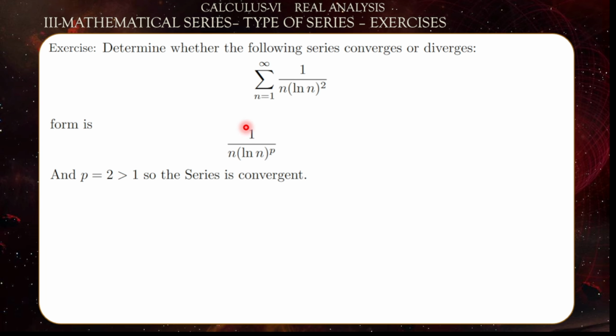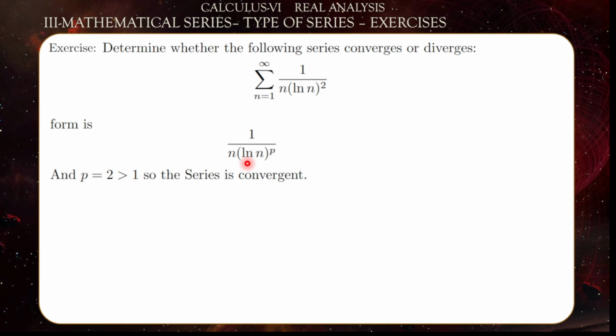The form here is 1 divided by n times ln to the power of p, and p is greater than 1. Now, I understand that it's not exactly the form of 1 divided by n to the power of p, but we need to understand that ln to the power of p also increases, okay? It is divergent. Why? Because you have ln, despite the fact that it doesn't increase as fast as n, but